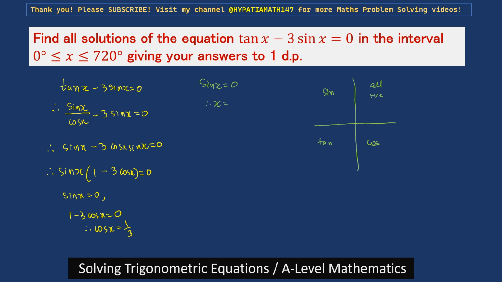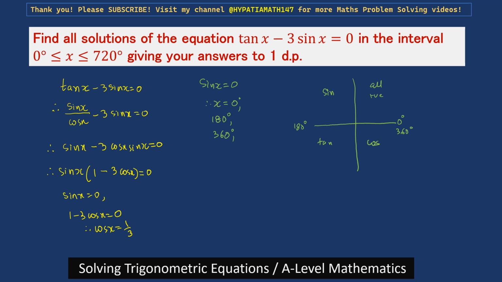So sin x equals 0 means 0 degrees and then 180 degrees, and then 180 plus 180, that's 360 degrees,